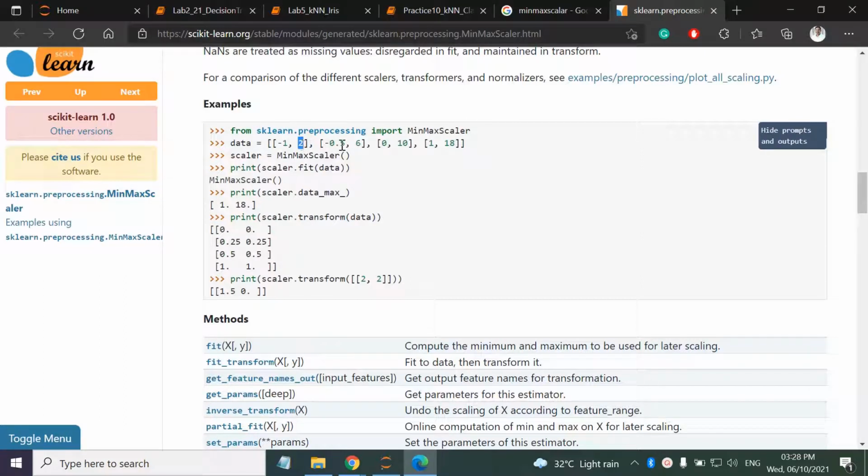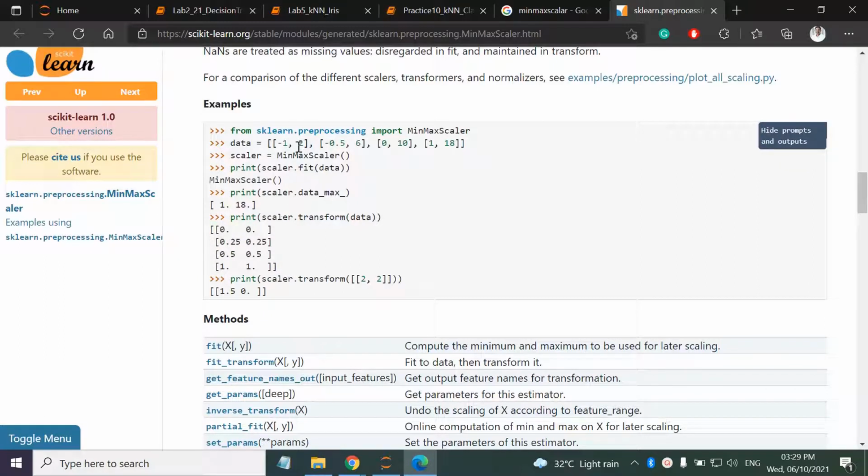We have 2, 6, 10, 16, 18. 2 is assigned to 0, 18 is assigned to 1, and the other remaining values will get scaled accordingly. See, 6 is mapped to 0.25, 10 is mapped to 0.5. As we can observe, the range of the first column is different and the range of the second column is different. Now they are in the same range. Now they are comparable.